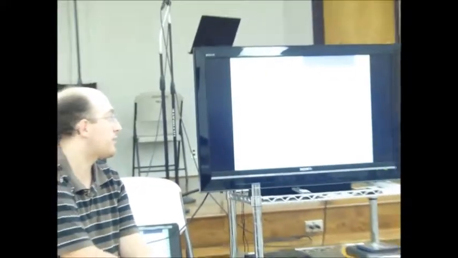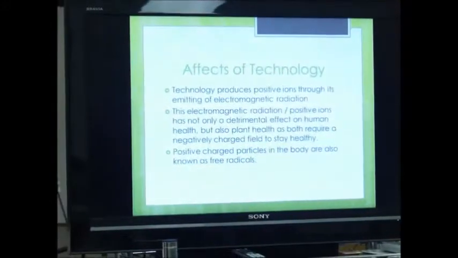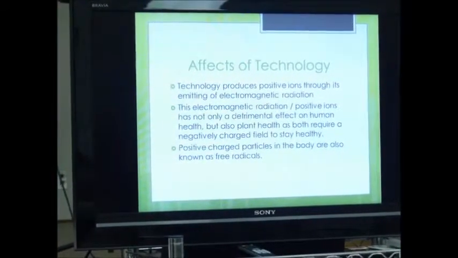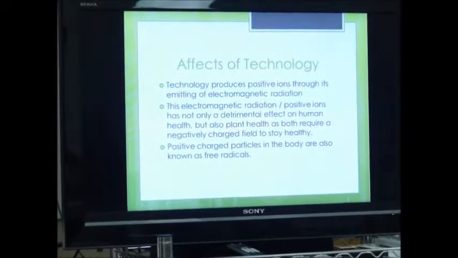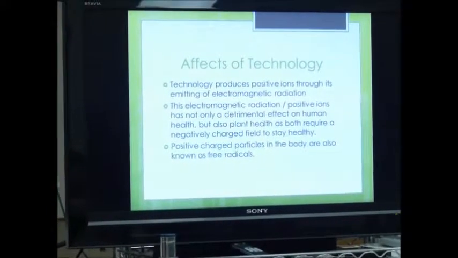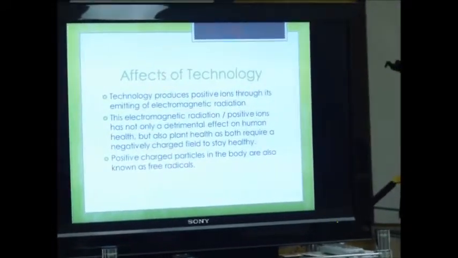So technology like these lights produces positive ions through electromagnetic radiation. And these positive ions have an effect on human health, just as they do with plants. These positively charged particles are known as free radicals, some of which may be heavy metals. And those will be taken into the body, and as a result have all sorts of immune-related issues in the human body. In the plant body, the same thing